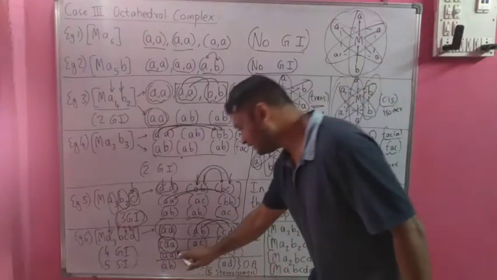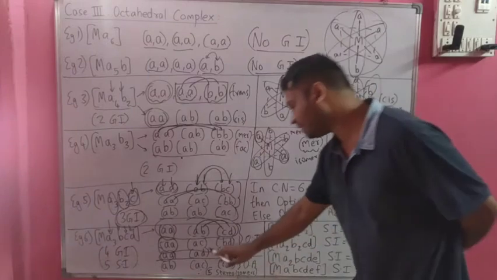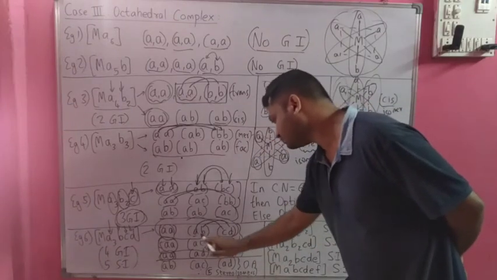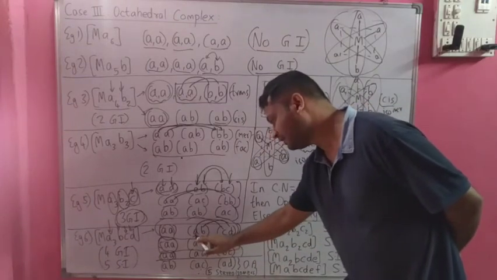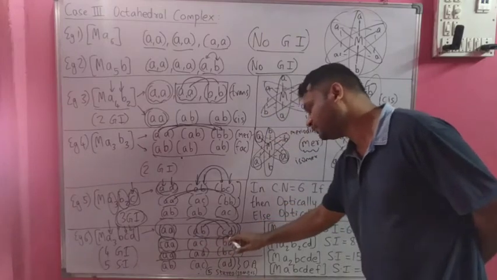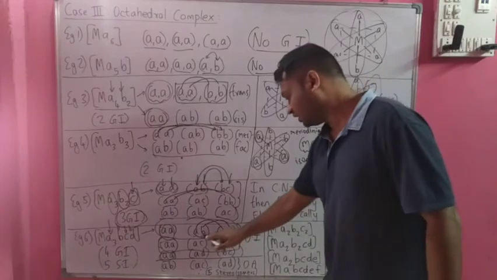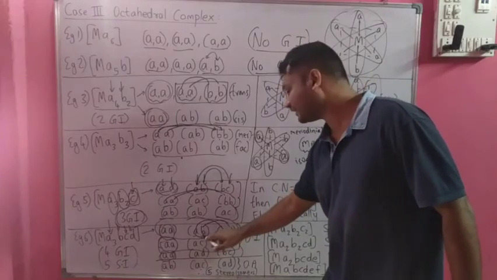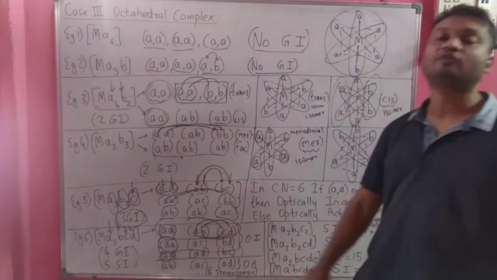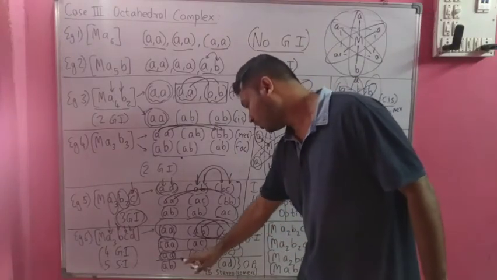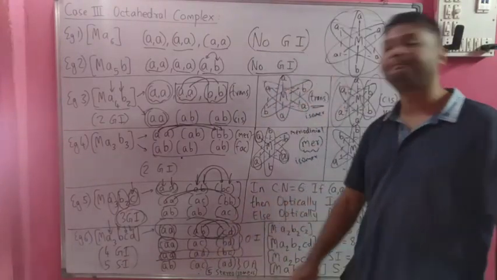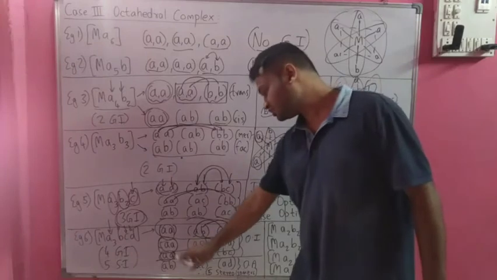Then if I again keep AA as it is and if I combine A with D. So the first element of the second set combines with the last element of the third set. The second element of the second set combines with the first element of the third set. So we'll have this new combination AA, AD and BC. So these are the three structures.